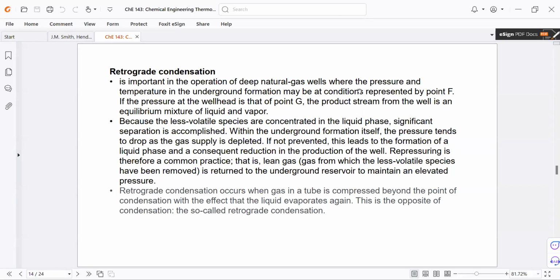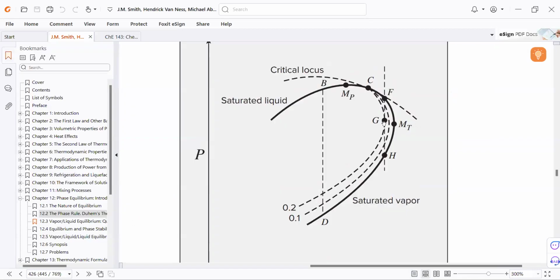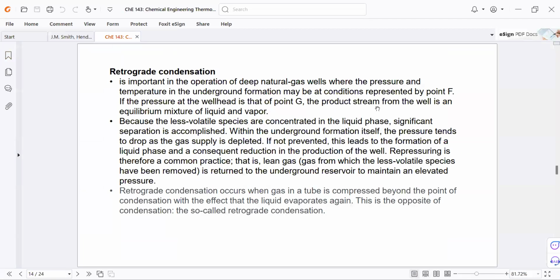And if the pressure at the wellhead is at point G, then the product stream from the well is an equilibrium mixture of liquid and vapor. Because the less volatile species are concentrated in the liquid phase,